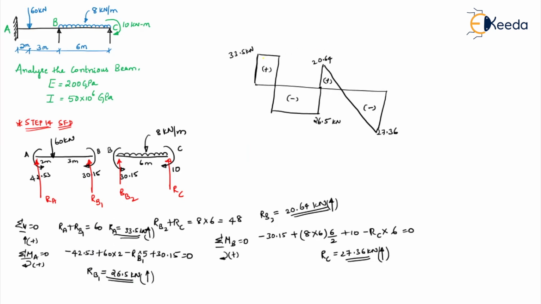So hope you have understood how to solve the problem using the stiffness method for a given beam. Analysis means trying to find the internal forces, displacements, and your shear force and bending moment diagram. Okay, this is your shear force diagram. In the next class we will see one more problem wherein the EI will be different. For AB span the EI is different, for BC span the EI is different, and at B there is no support. In that case, how to do it, let's see in the next class.